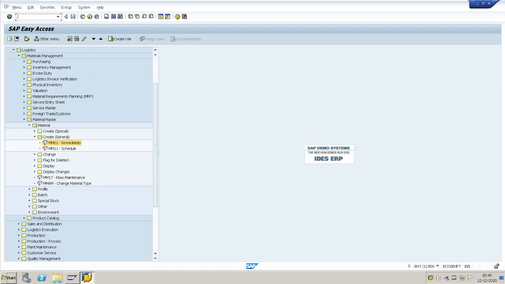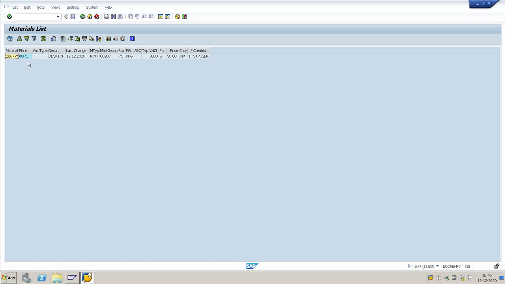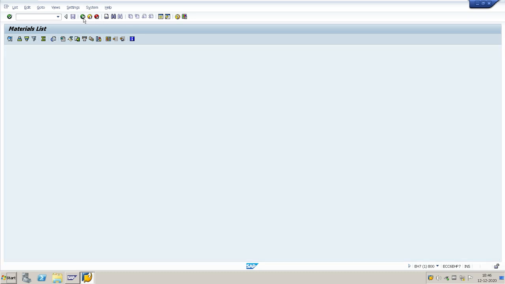Next is for list of material reports. So you can go to see what are the materials available in our plant. You can see the T code called MM60. You go to the material number, give plant. It will show how many materials are in your plant. So as of now we have only one material available in our plant. That material number, plant name, material description, material type, the unit of measurement, the valuation class, price, unit price, everything in the list. If we create one more also, it will show.